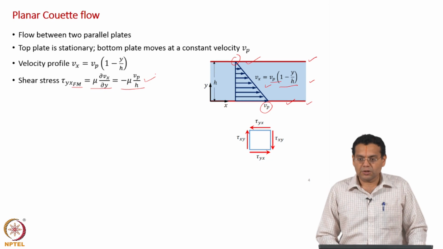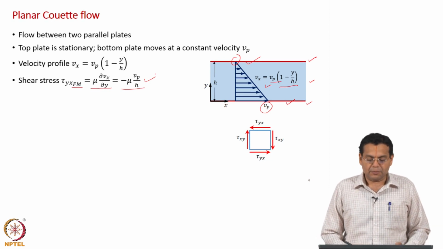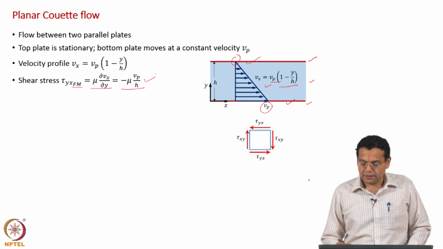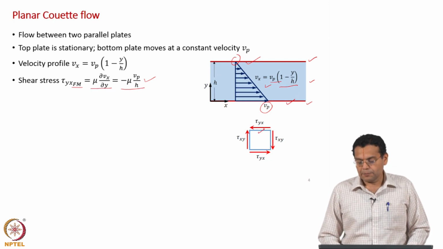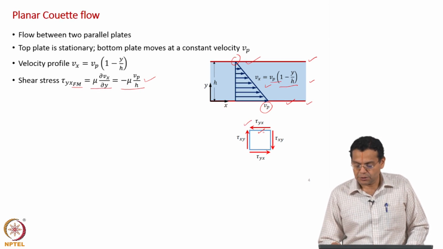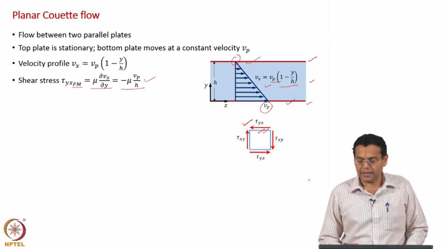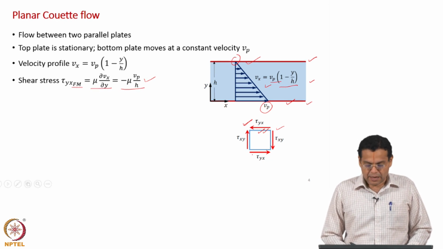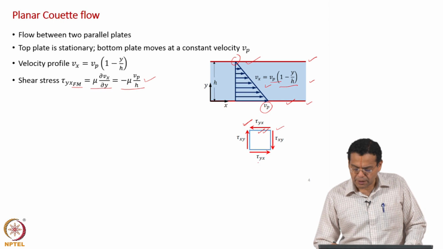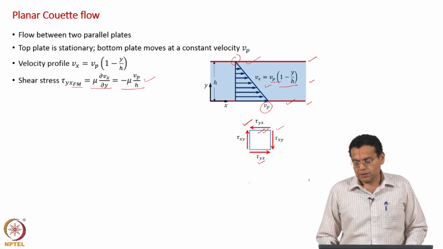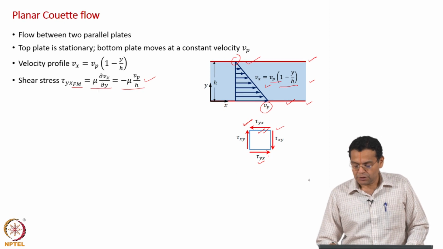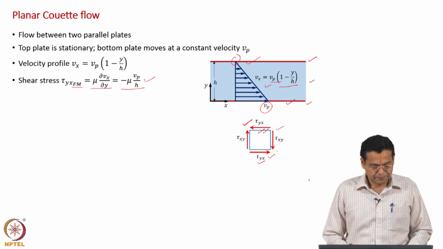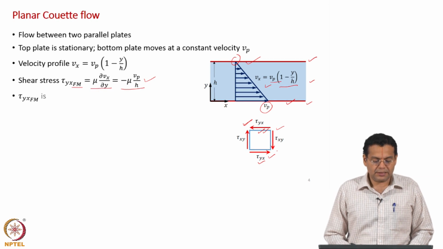According to our sign convention, if you want to represent a shear stress component which is negative, then on a positive plane the force should be along the negative axis. So, in this case, on a positive y plane, the force is along the negative x axis. Similarly, other forces are shown here. And if you look at the bottom face, the normal to this face is along the negative y axis, so the force is along the positive x axis. So tau x is negative, the shear stress is negative.